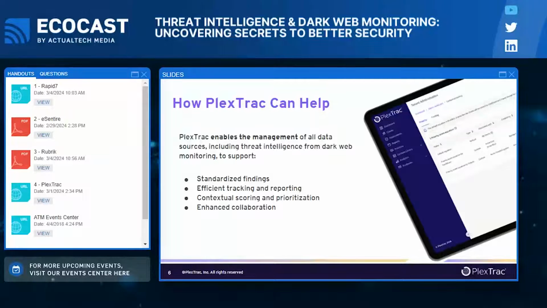When I talk about standardized findings, what I'm talking about is when you bring that dark web source in, you need additional ways to add evidence. You need additional ways to add validation. You need ways to provide not just evidence that exists, but evidence that you fixed it. What does that look like? How do you track that? How do you track standardized findings across credential intelligence, vulnerability intelligence, IP intelligence? All these are very important things, and you standardize them in very different ways. You need a tool and one place to do that.